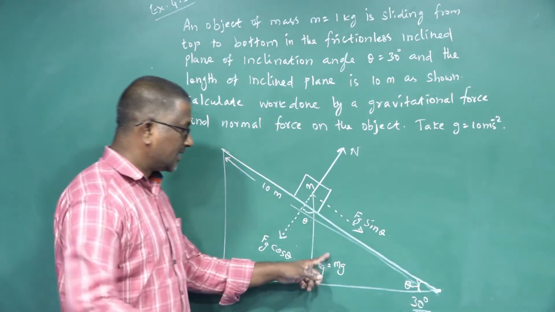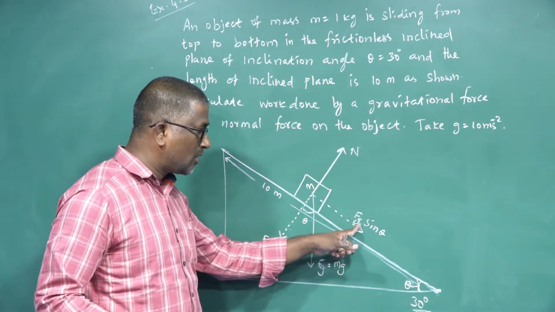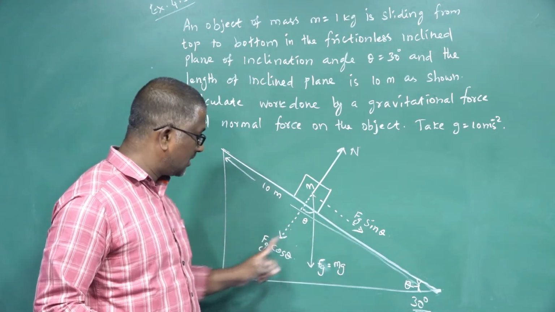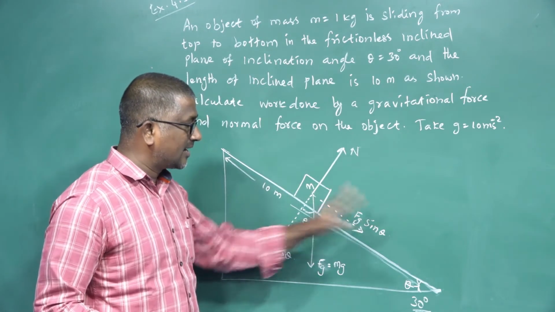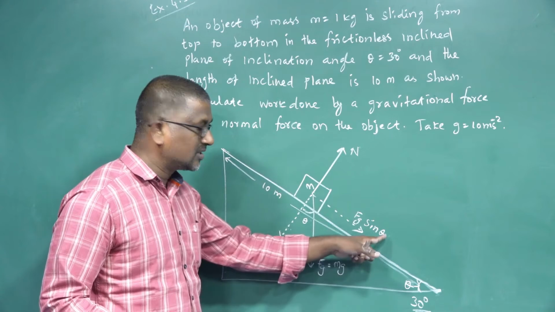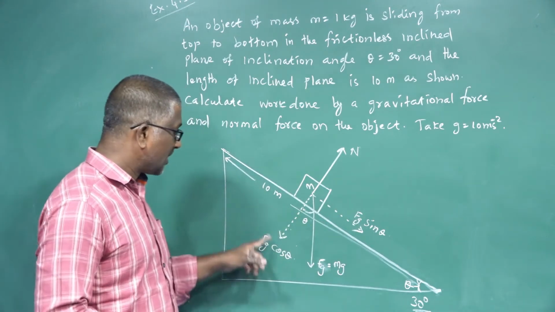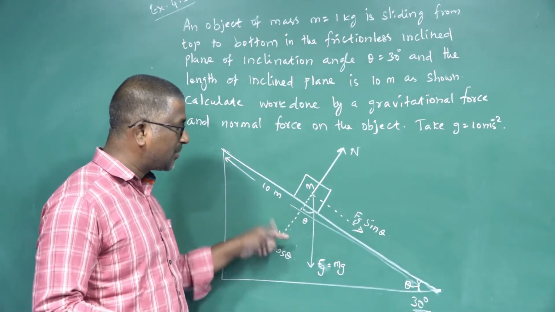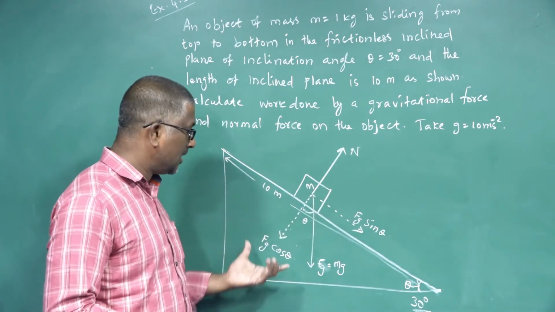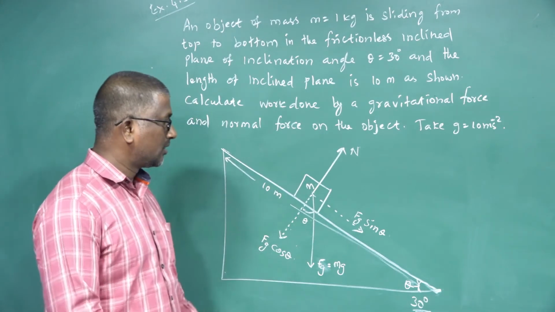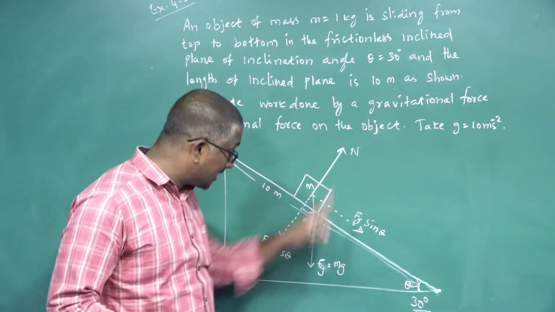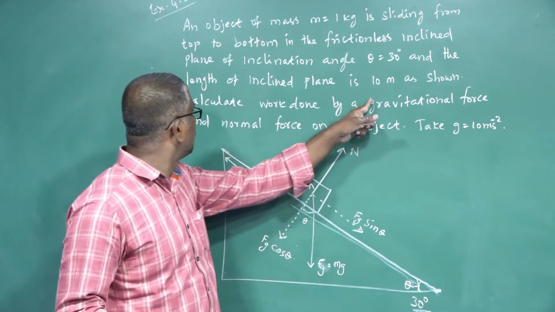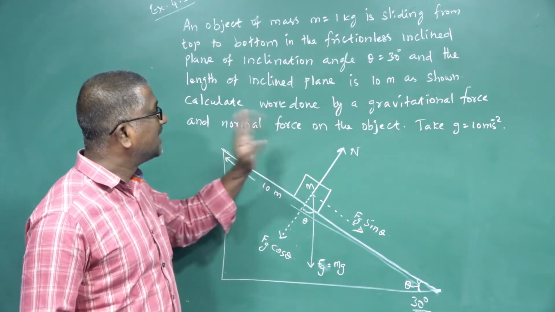body, right. Gravitational force is resolved into two components, Fg sin theta and Fg cos theta. Fg sin theta acts in the direction of motion of the body, so it does work on the object. But the Fg cos theta component is perpendicular to the direction of motion of the body, it does not do any work, right? So now, first we need to calculate the work done by the gravitational force. Second, the work done by the normal force.